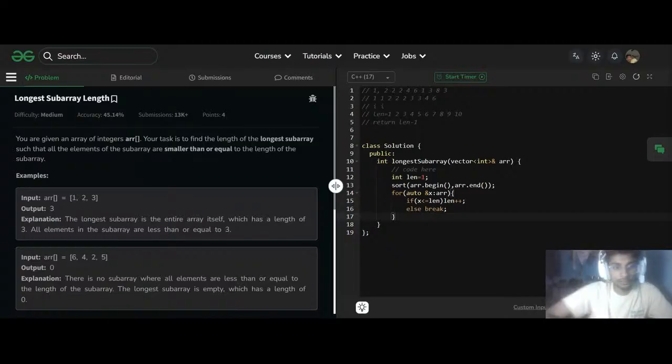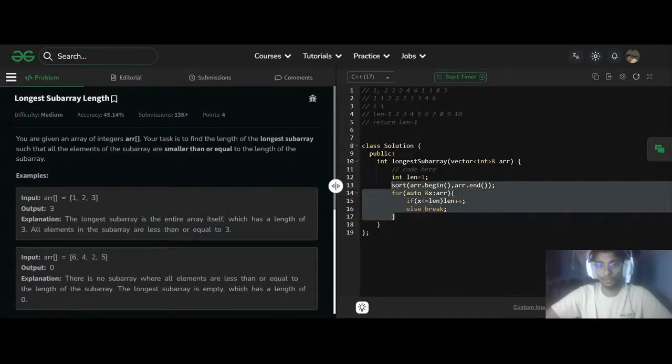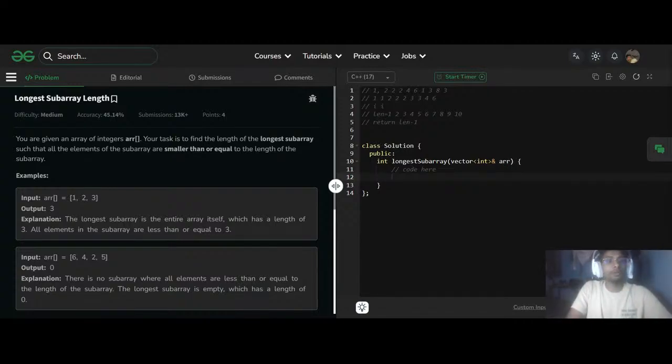Okay, great. We can use something like a stack to keep the array elements. Let me show what I'm trying to tell. Okay, just a second. Let me code the solution, whatever I'm trying to tell you. So, let's not do this. Now, what we are going to do is simple. We are going to do